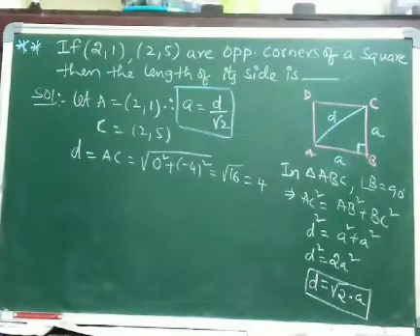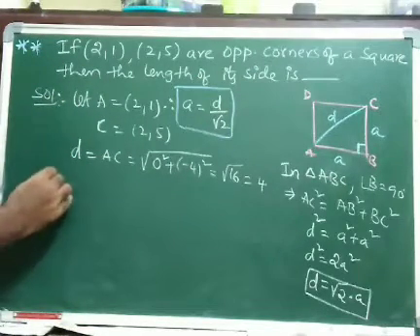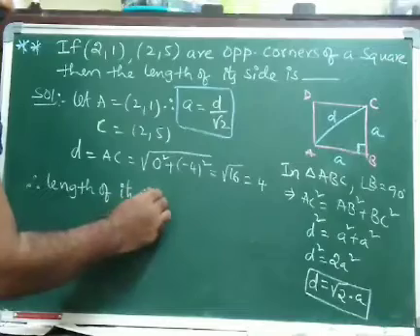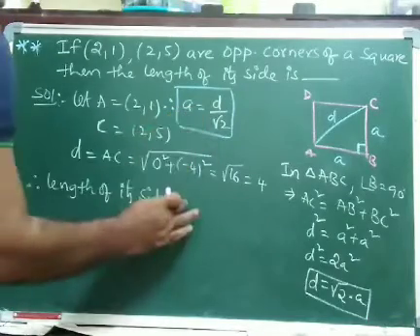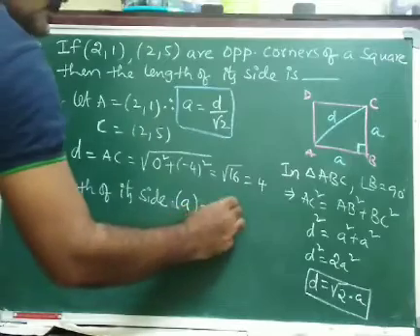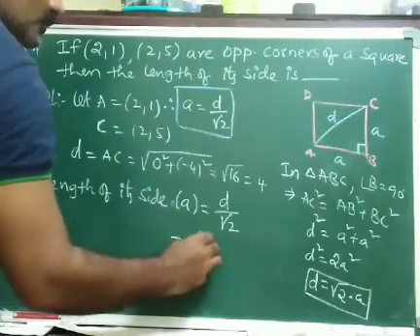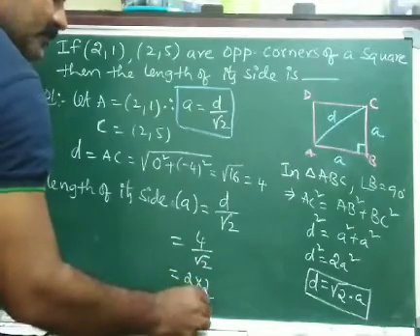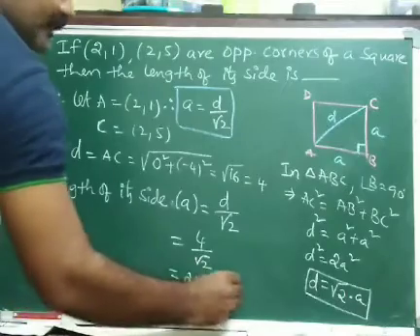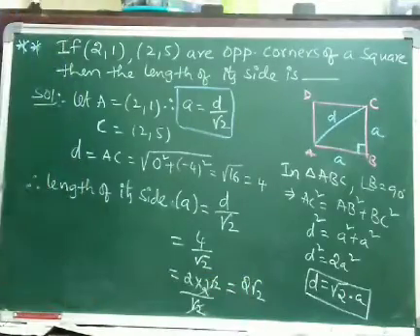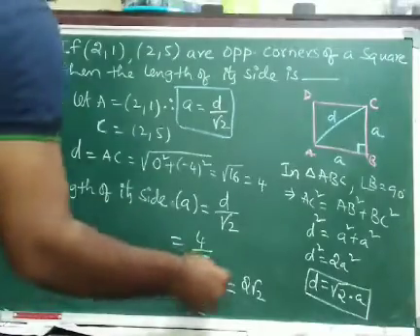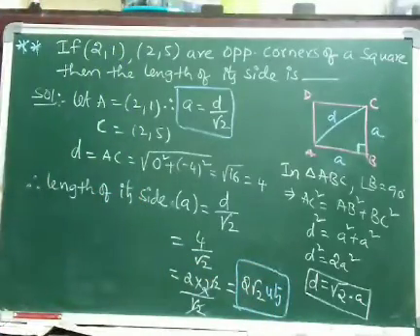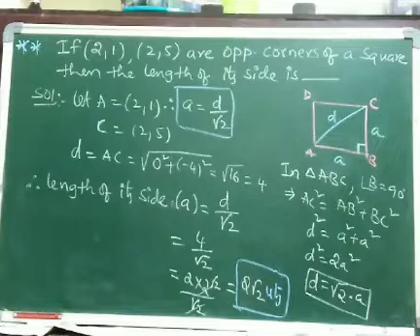So the length of the diagonal is 4. Therefore, what do we want? The length of its side is required. That is the formula for the length of the side: side, generally small a, is equal to D by root 2. That is 4 by root 2. 4 I can write as 2 into 2 by root 2. This root 2 cancels with the root 2 here. So therefore, what is the answer here? The length of a side is nothing but 2 root 2 units.